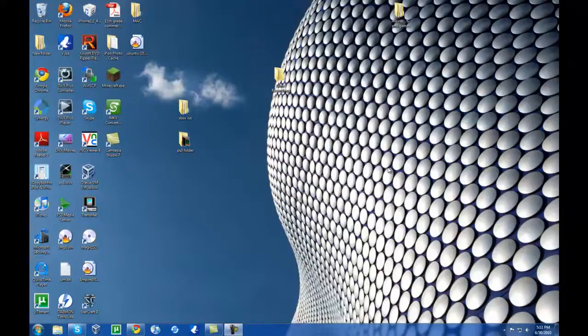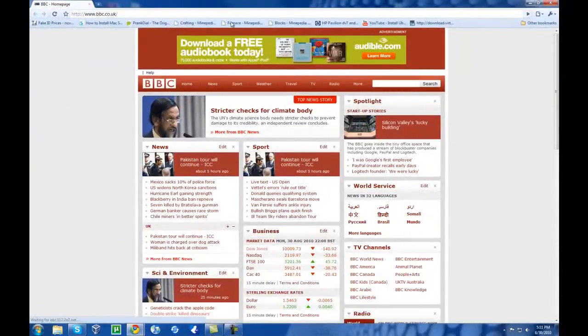Hey everybody, it's Alex, and today I'll be showing you how to virtualize Ubuntu 10.04 on a Windows 7 computer. So the first thing you're going to want to do is open up your internet browser,